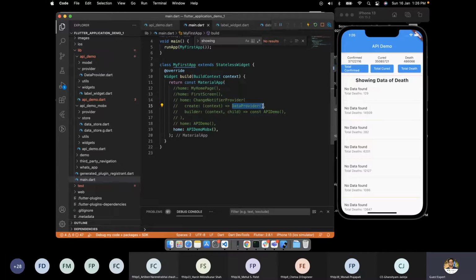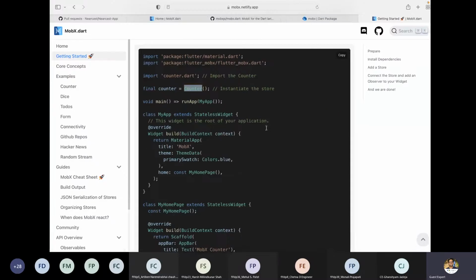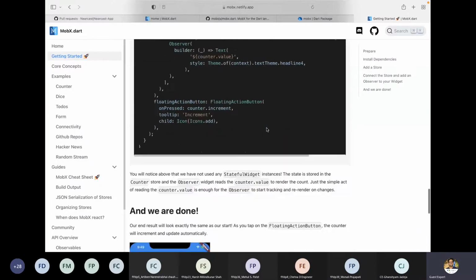And to do this, we actually have to have two things in place when we do state management. I guess Vivek also explained this for the block. To create a block object, we have to inject the dependency of these things. And the same thing is used in combination with MobX. Along with the provider, there is another dependency injection called getIt.